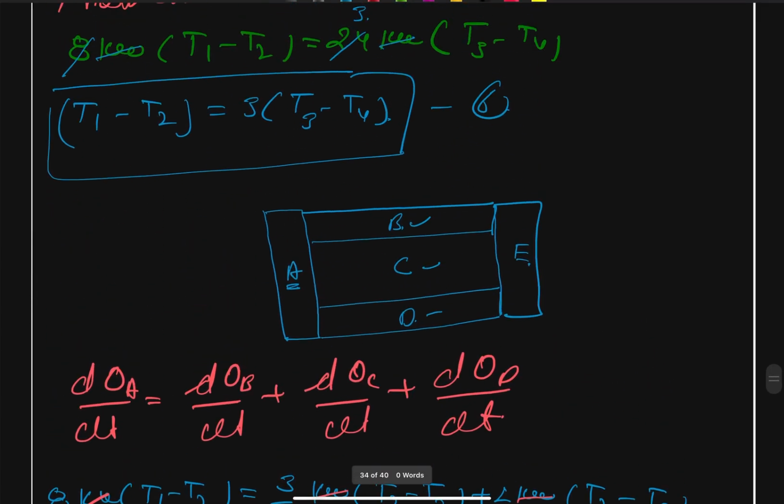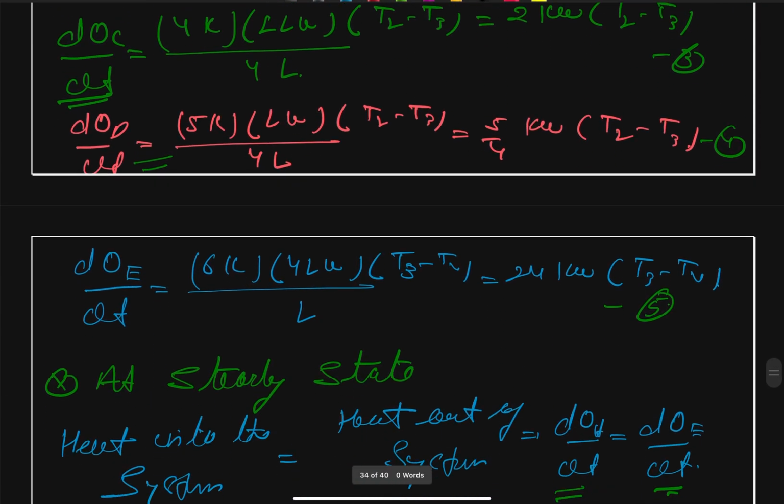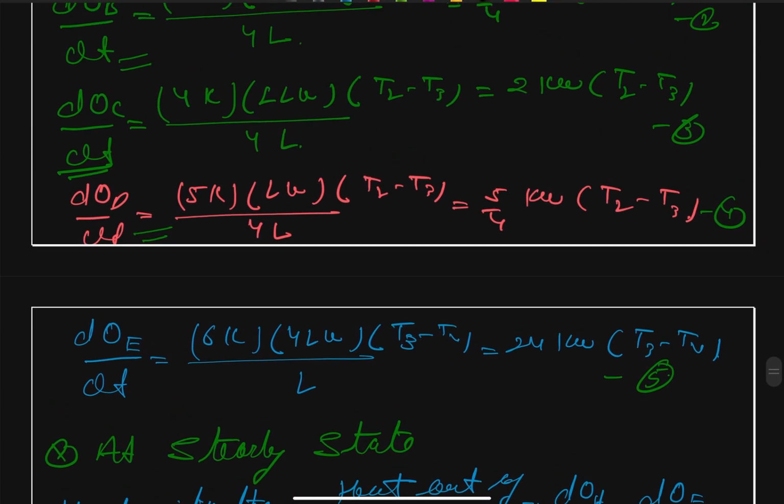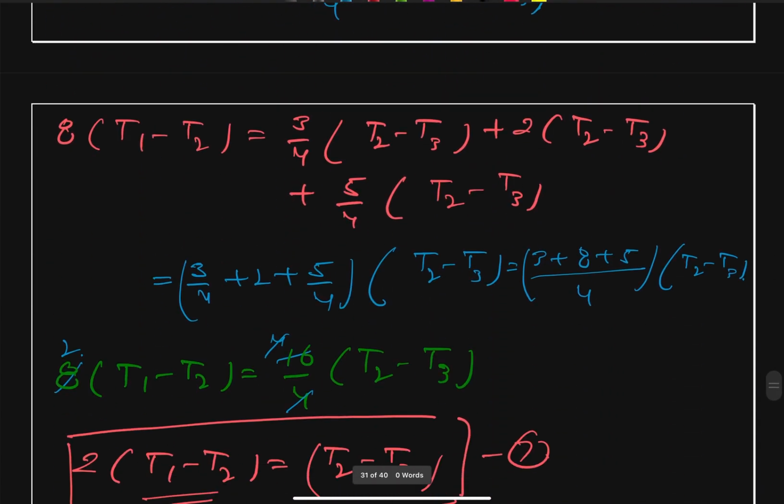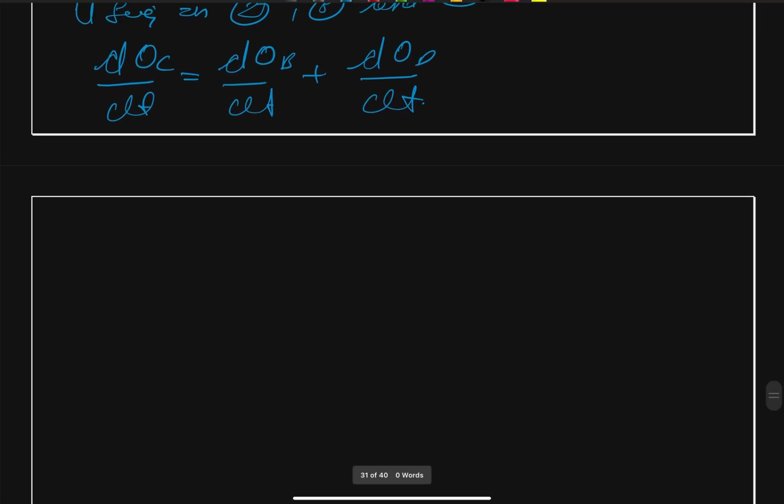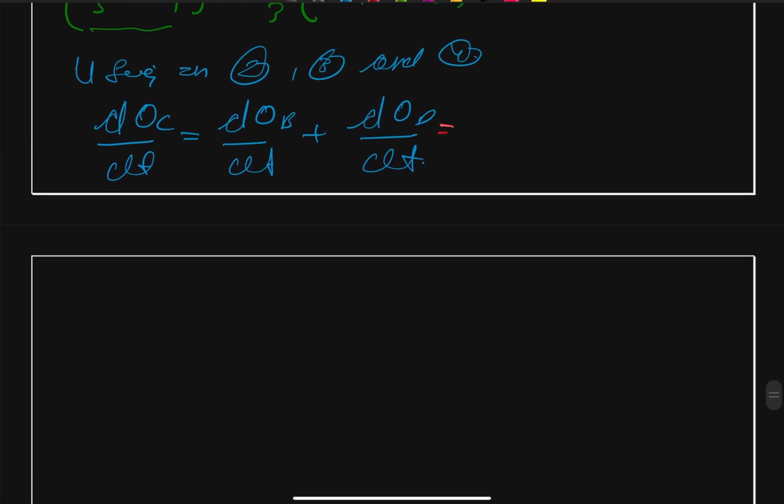Q_B is our 3/4 kW (T2 minus T3) plus dQ_D is 5/4 (T2 minus T3),